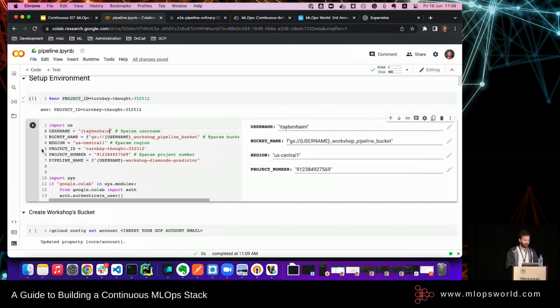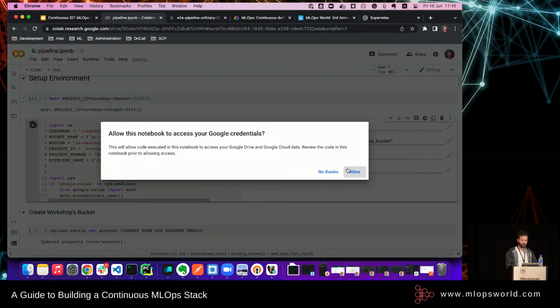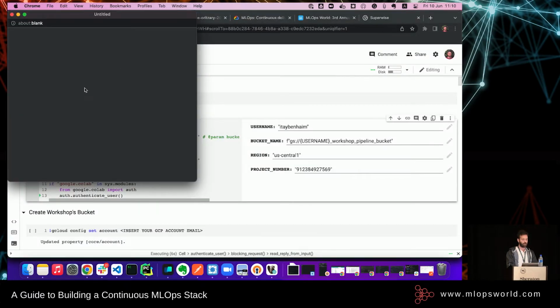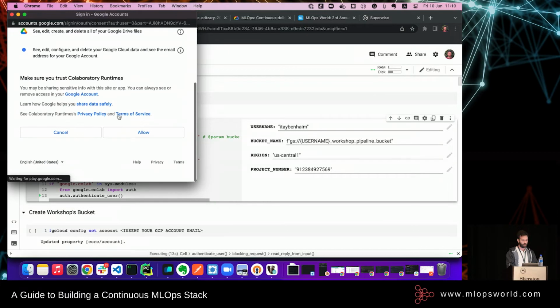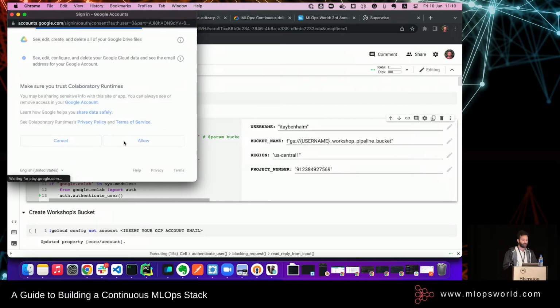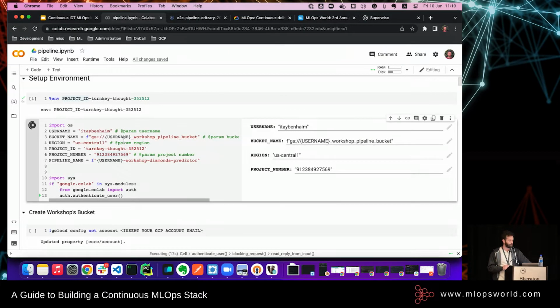And then the bucket name that we're going to create would be this one. We're going to work on US Central 1. This is the region. Project ID and project number are already within the repo, so you can start and use them. And we're going to run it. Now, the authentication down below will walk you through some simple authentication steps. You need to allow Google Colab to authenticate with GCP, and then choose an account you want to connect with, and that's pretty much it.